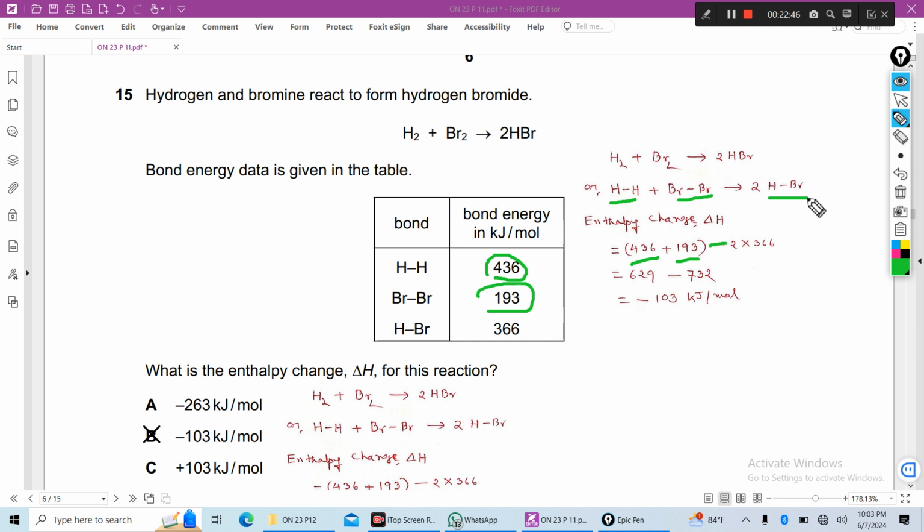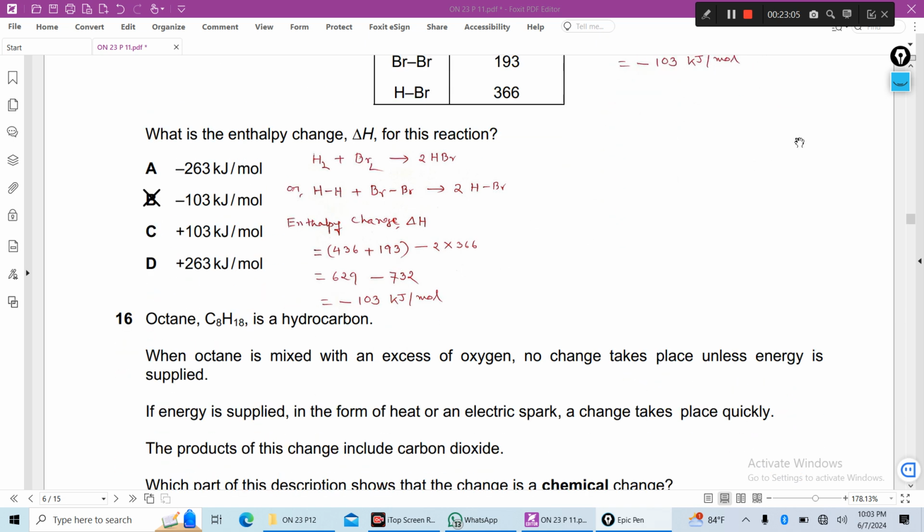Here 2 hydrogen bromine bond present. So 2 times 366. If you calculate, you will get minus 103 kilojoule per mole. So B is the right answer. This is the calculation. You get negative 103 kilojoule per mole. Then